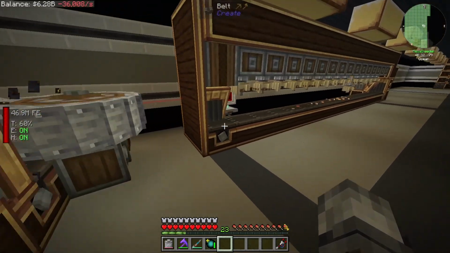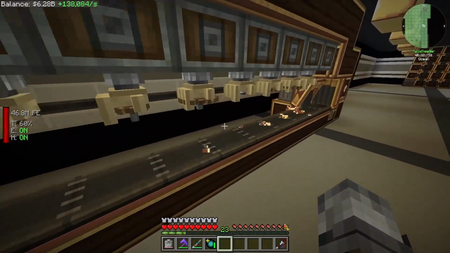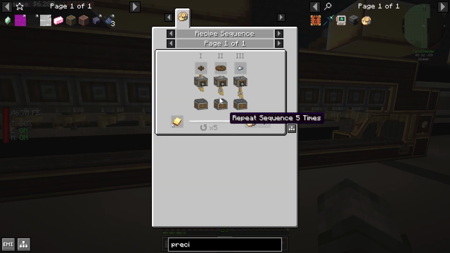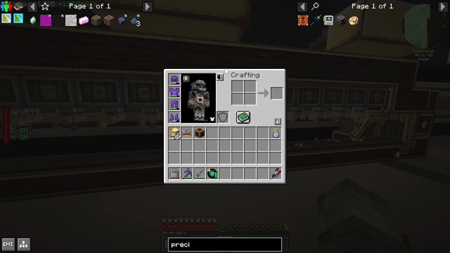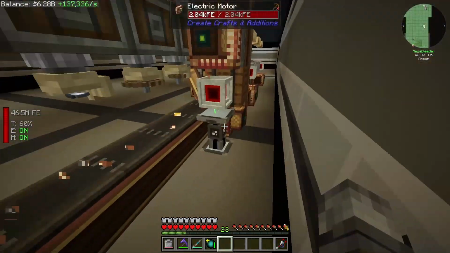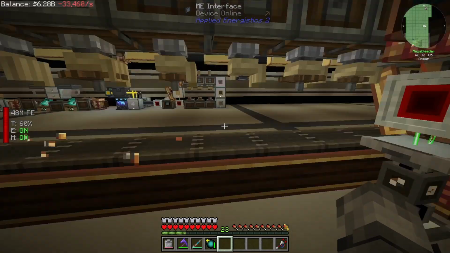And then I also automated the precision mechanisms. And just to save myself a hassle of having to cycle it through, the precision mechanism has to go through 5 times of these 3 sequence: small cogwheel, large cogwheel, and an iron nugget. So those are all set up here with the laser nodes from Laser IO. They're getting piped in through this interface here, and that's also where the blackstone and advanced mechanical essence are coming